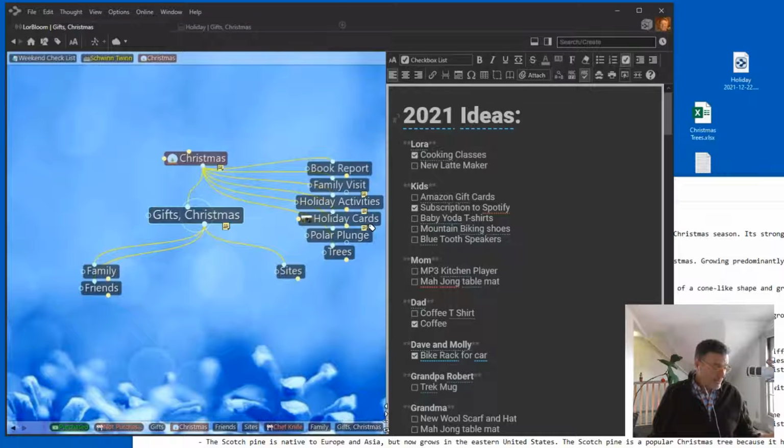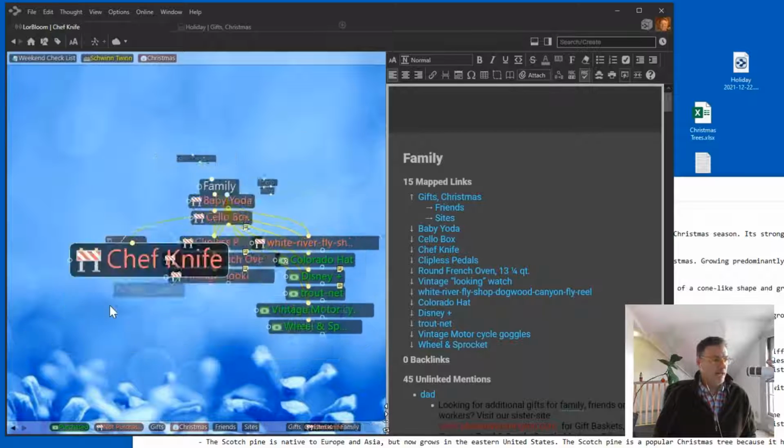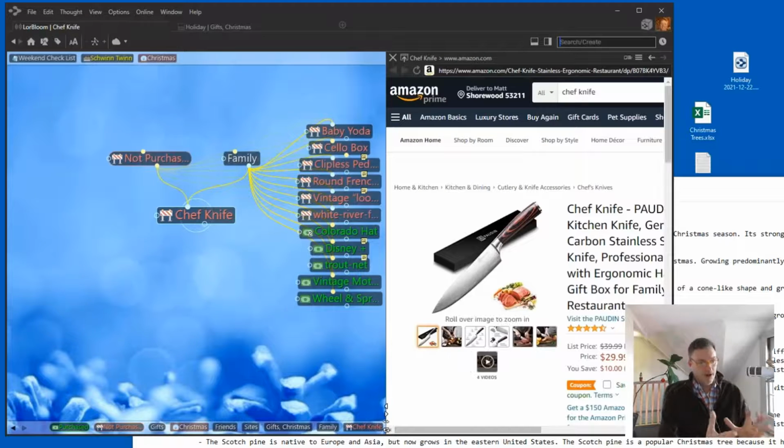We talked about thought types. I want to really quickly talk about thought tags before I go into a couple of other advanced features that I'm really excited to share with you today. So first, thought tags. The big difference between thought types and thought tags is that you can assign multiple thought tags to a thought. So for example, under my family, this chef knife that I'm thinking about purchasing for Laura,